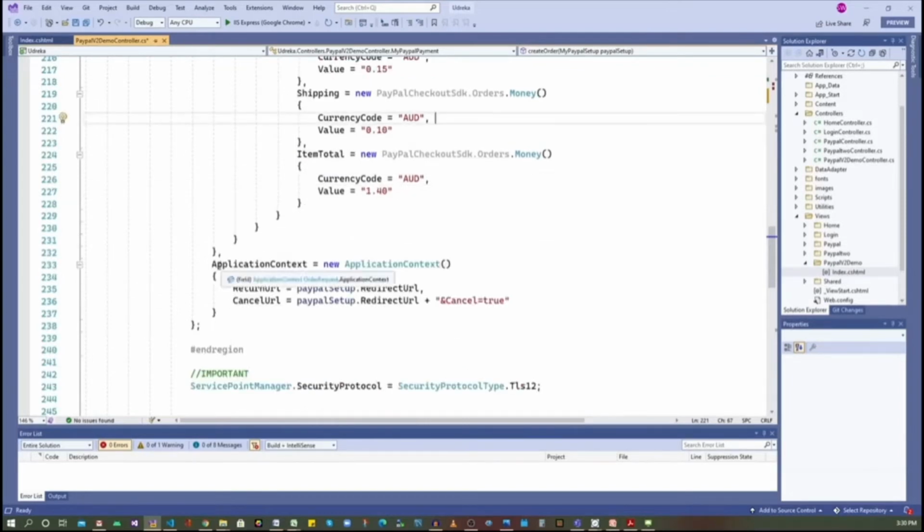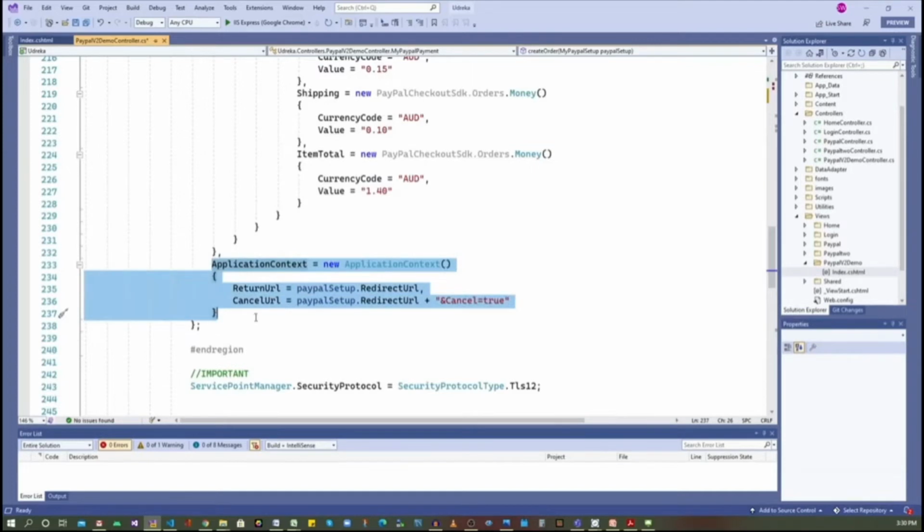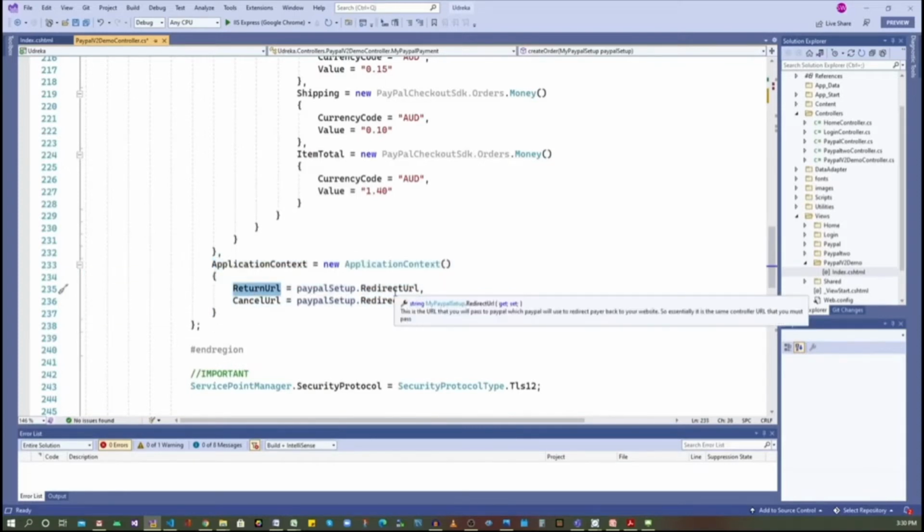Then comes the important part here, application context. Over here, you're going to tell PayPal where to redirect the flow once the user clicks pay or cancels the transaction. So here is the return URL. We will be seeing in the controller action method how we are constructing this return URL, and the cancel URL is nothing but the redirect URL with the cancel equal to true parameter appended to it.